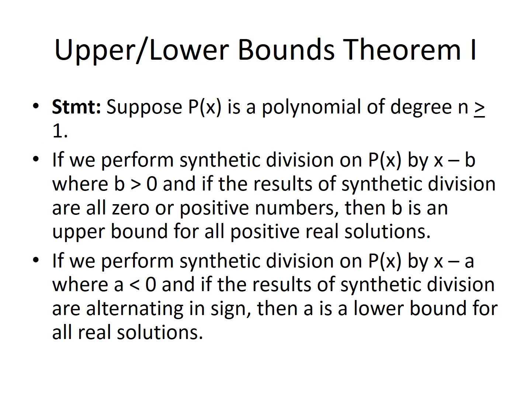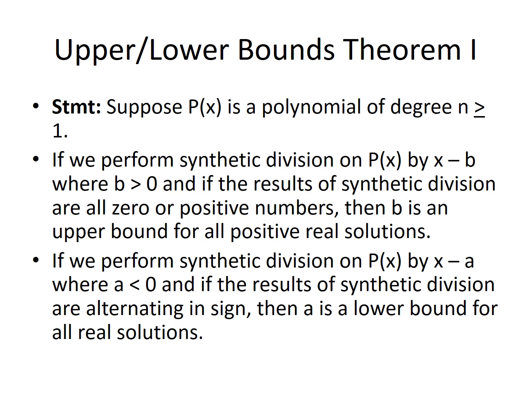The upper lower bounds theorem, Part 1 statement goes something like this. Suppose p of x is a polynomial of degree n greater than or equal to 1. If we perform synthetic division on p of x by x minus b, where b is positive, and if the results of synthetic division are all 0 or positive numbers, then b is an upper bound for all positive real